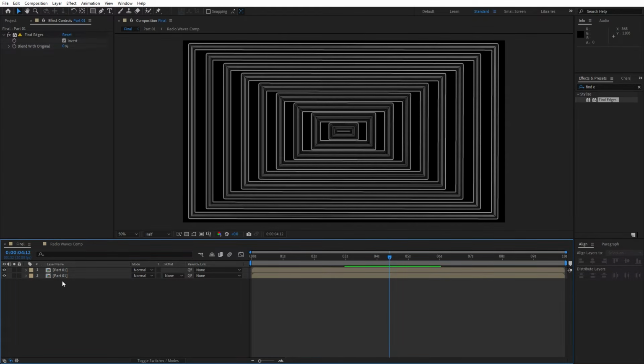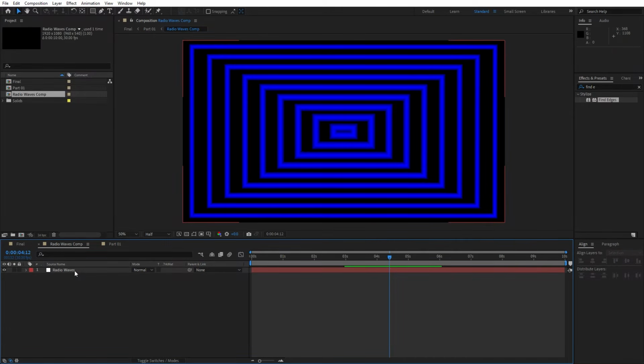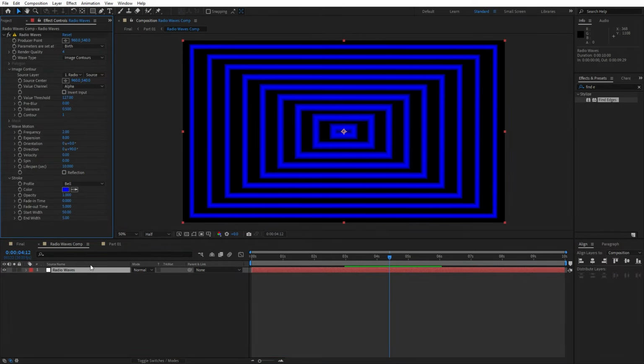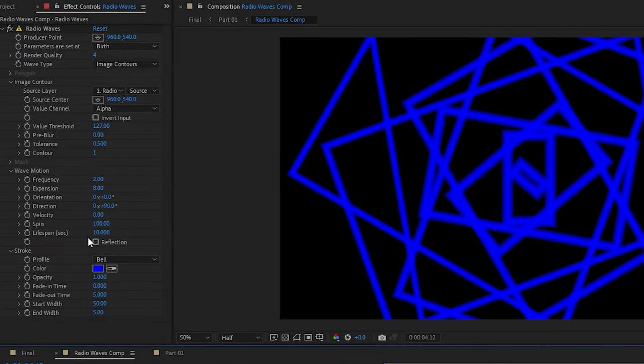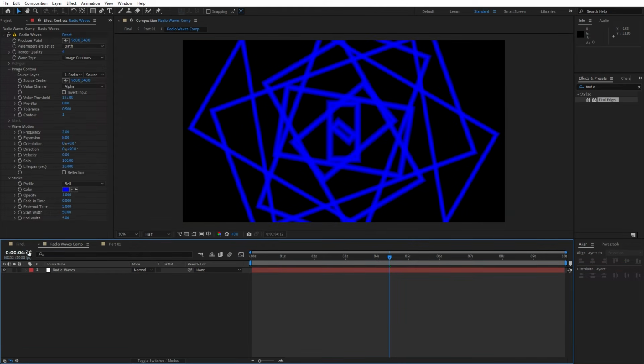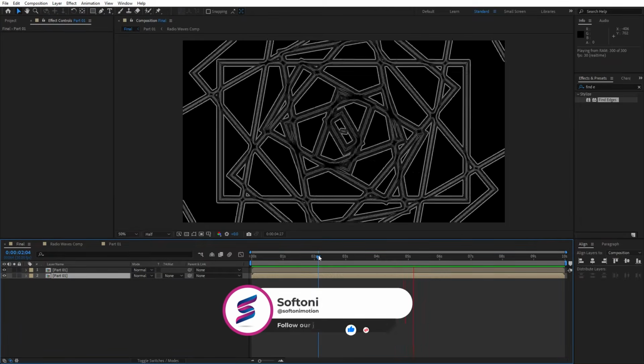Also, at every moment you are free to open up this part of one composition, go inside the radio waves comp, hit on this radio waves solid layer. Okay, and also you can play around with a bunch of different options here. For example, spin, let's try maybe 100. Also you can try change velocity, and every option here, it's up to you to play around with. And when you go back inside the final composition, you can see that we have created different pattern